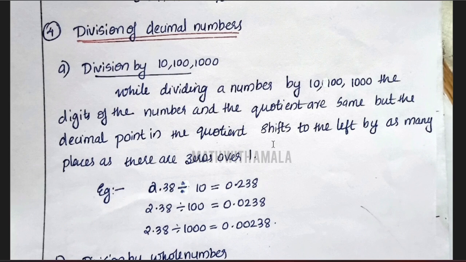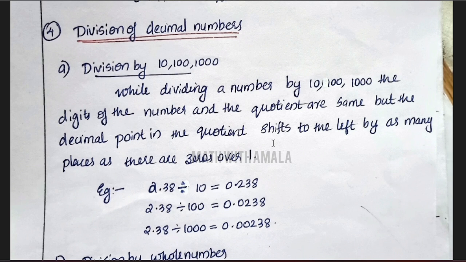Next one, division of decimal numbers. Division by 10, 100, 1000. While dividing a number by 10, 100, 1000, the digits of the number and the quotient are the same, but the decimal point in the quotient shifts to the left by as many places as there are zeros over 1. So this is the reverse case of multiplication by 10, 100, 1000. You can move to the right for the multiplication by these numbers, and in this case you have to move towards the left. Okay, so this is the example: 2.38 divided by 10 is equal to